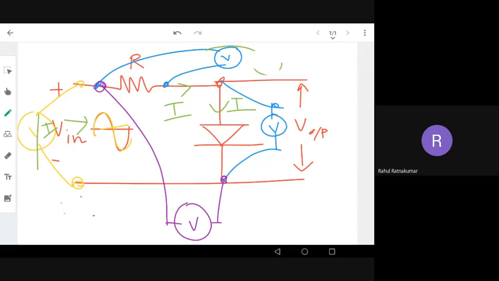So the more power a device or system is able to handle, the cost will definitely be higher. How can you understand or estimate the power of a device or a system? Your smartphone is also a system. Its power dissipation is very little compared to a laptop. Its power dissipation is more. And another device, for example, a television, will have more power dissipation than a laptop or a smartphone.